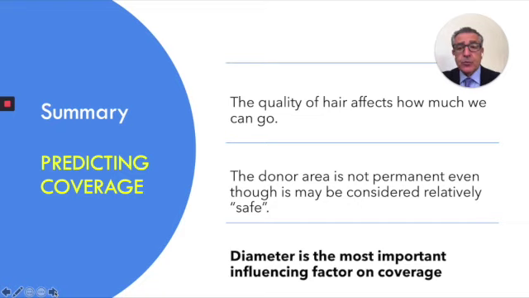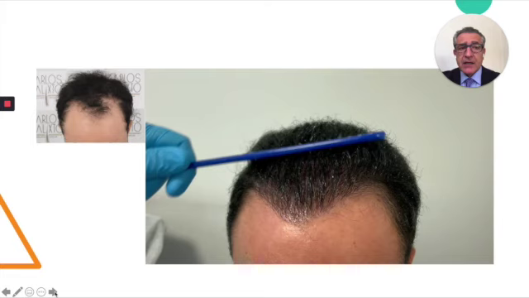In summary, to protect the coverage, you need to know the quality of the hair, because the quality of hair affects how much we can go. The donor area is not permanent, even though it may be considered relatively safe. You have to take care about this. In my opinion, diameter is the most important influencing factor on coverage. That's why we have some results, or why we can explain some results, in a patient who has the same area